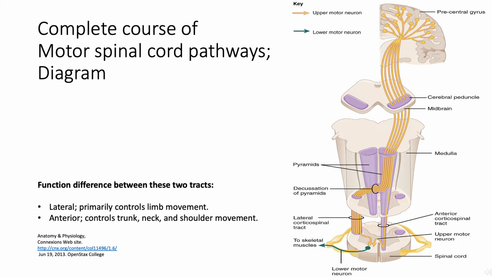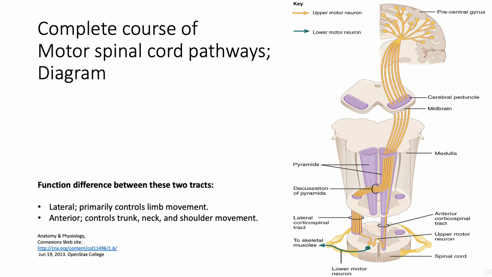Okay, let's see. You can see that the corticospinal tract starts from the precentral gyrus and then the neurons descend down the brain through the cerebral peduncle, which is found in the midbrain, and then further down in the medulla, and that is where some of the neurons of the corticospinal tract will decussate. What does that mean? They will cross from right to left and from left to right. So if you have neurons starting from the right part of the brain, from the right cerebral hemisphere, specifically from the right precentral gyrus, and they're descending